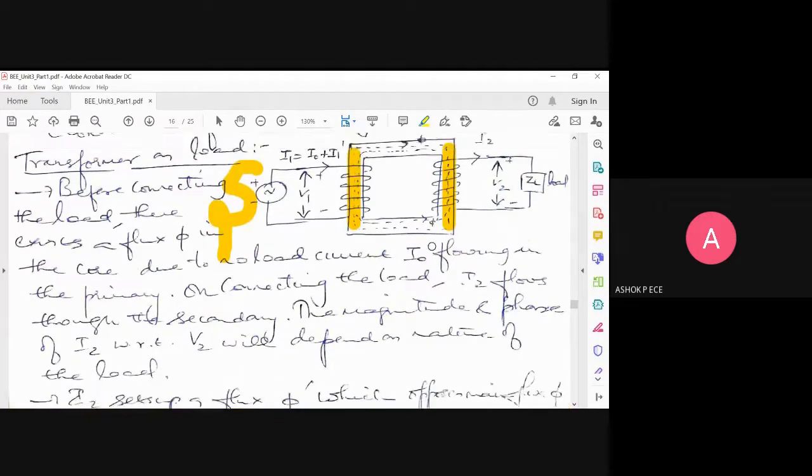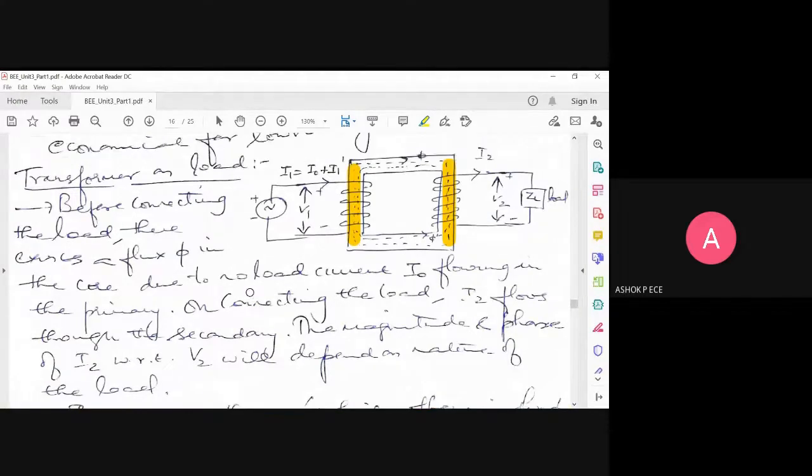Before you connect your load, there will be some flux phi circulating in your core. That is because of electromagnetic induction. As you supply AC voltage V1, by Faraday's law of electromagnetic induction you will have an induced EMF in the primary, which is going to oppose your source. That induced EMF produces a magnetic flux. That flux circulates in your core and induces an EMF E2 in the secondary. If you don't have any load, you will only have E2. But since you have a load connected to your secondary, a load current I2 is going to pass through your circuit and make a closed path. So definitely a load current I2 is going to pass along the secondary.